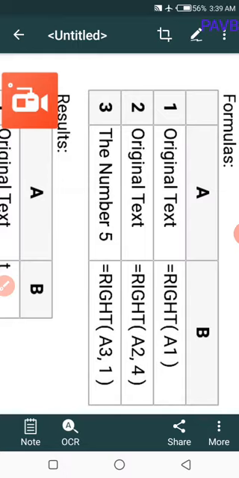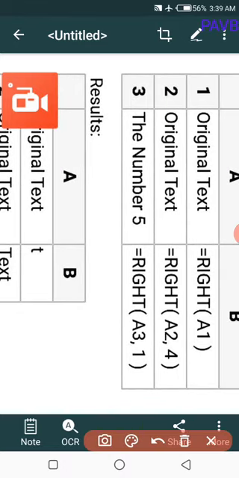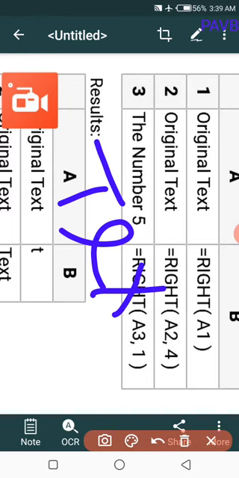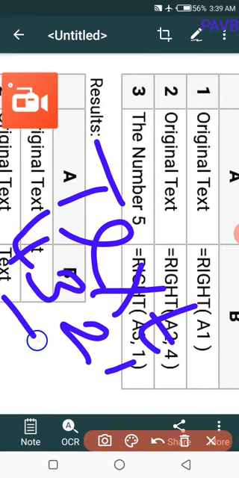What is the given text in A2? The original text. A2 comma 4. What are the last letters of the text? T, E, X, T. We have to use the RIGHT function, which means from the right we have to choose 4: 1, 2, 3, 4. While reading the string, it should be read from left to right. What is the answer? T, E, X, T.